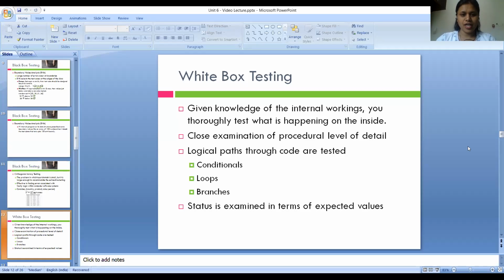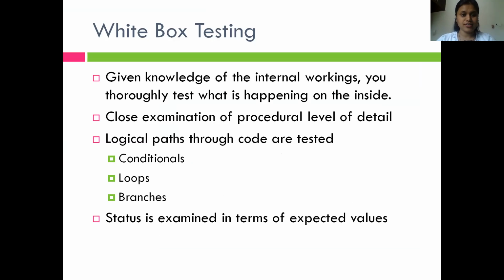In the last lecture, we saw Unit 6, and in that unit we saw black box testing. Today, we are going to start with another type of testing, which is white box testing. In the last lecture, we already saw what black box is. Black box means it is enclosed, so the functionality or actual implementation of the code is hidden. We are only testing the input and the output. So this was black box testing. Now today we are going to see white box testing.